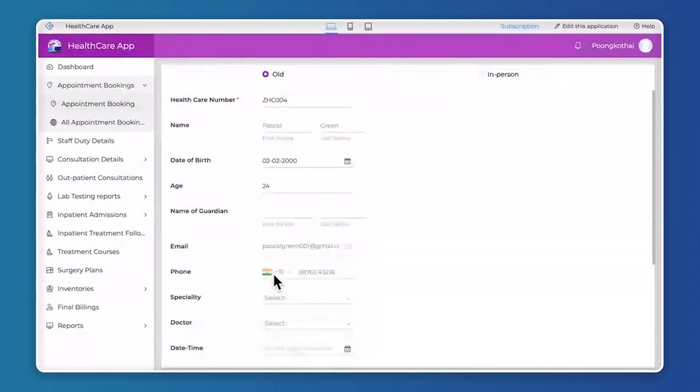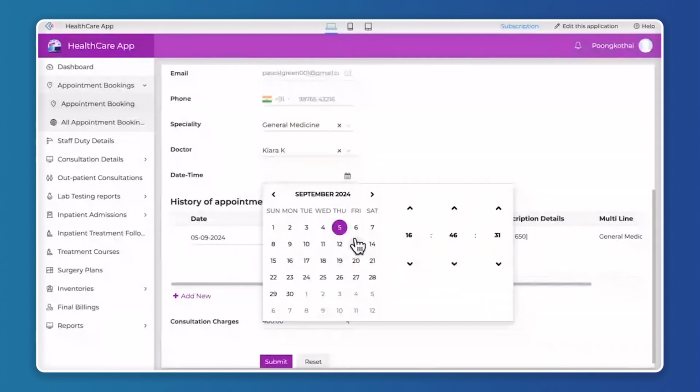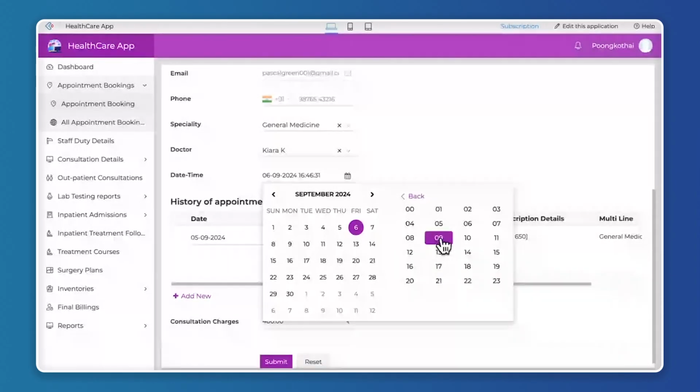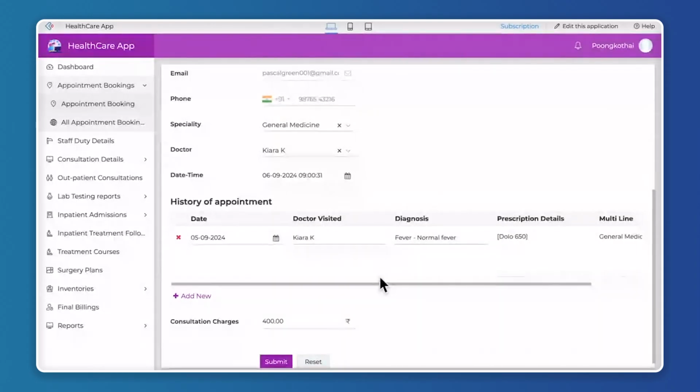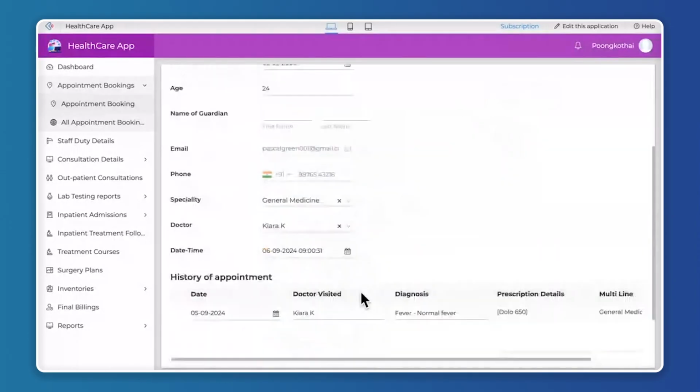So we have the date of birth, and next we have the specialty, so whom they are visiting. So we'll just give general medicine, and we'll have the doctor, and then when they are visiting the doctor. So we'll have to choose a future date for this, since we'll have to book an appointment for the online consultation. So let's choose submit,